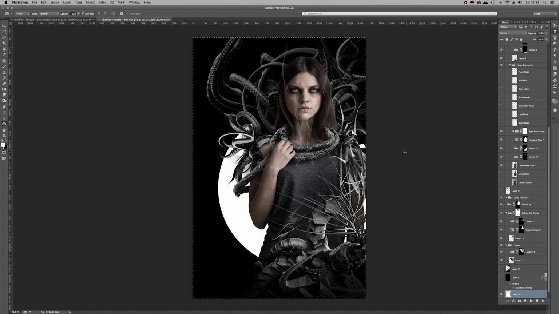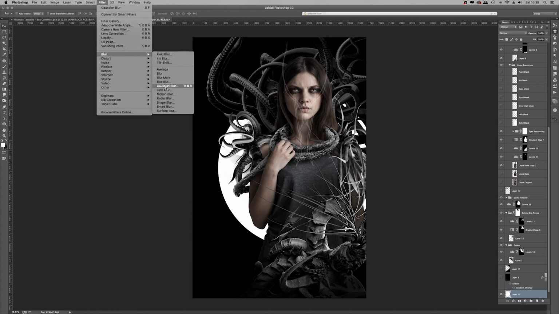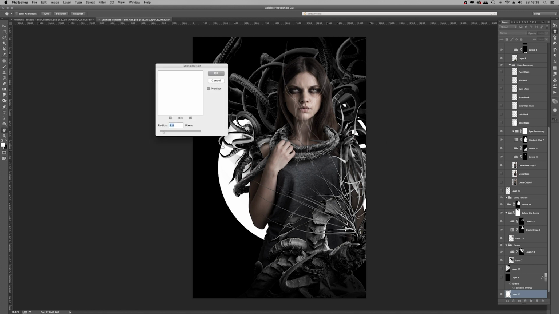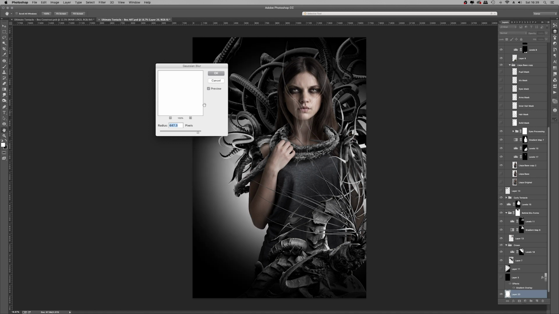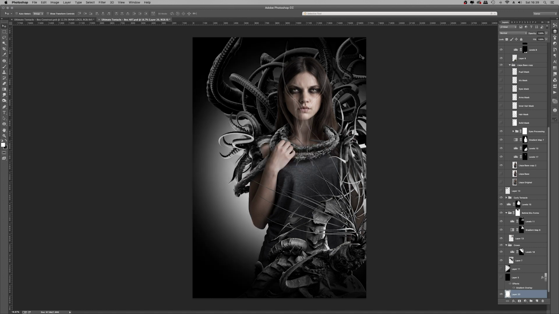Another quick and dirty trick here, I like to do this when I want to just create a nice bit of backlight. That's simply a large circle drawn behind the figure and foreground elements, and then a really big Gaussian blur around 650 pixels, depending on how big you're working, and that will create a backlight glow instantly.